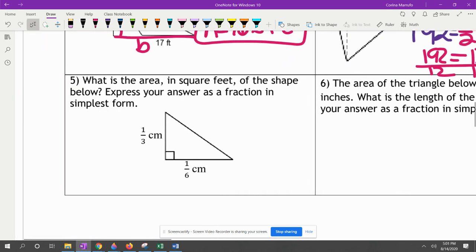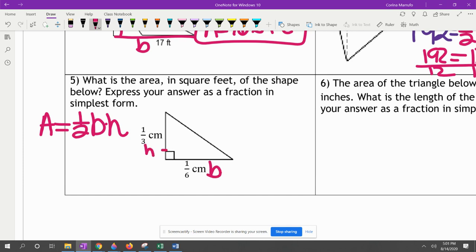Okay. What is the area in square feet of the shape below? Express your answer as a fraction in simplest form. So we're going to use our formula. Area equals 1/2 base times height. So this is my base and this is my height because they make a right angle. So area equals 1/2